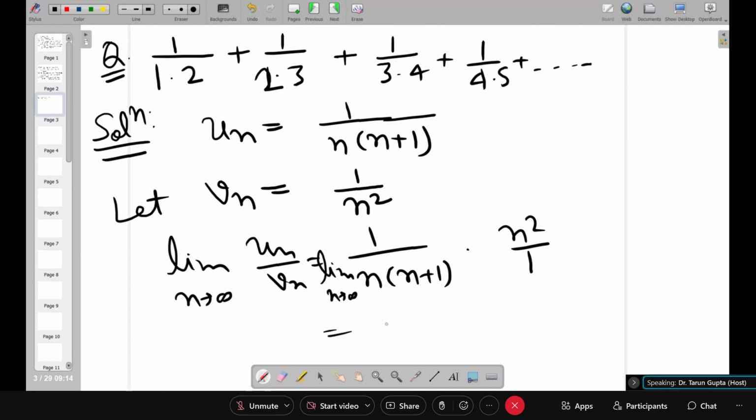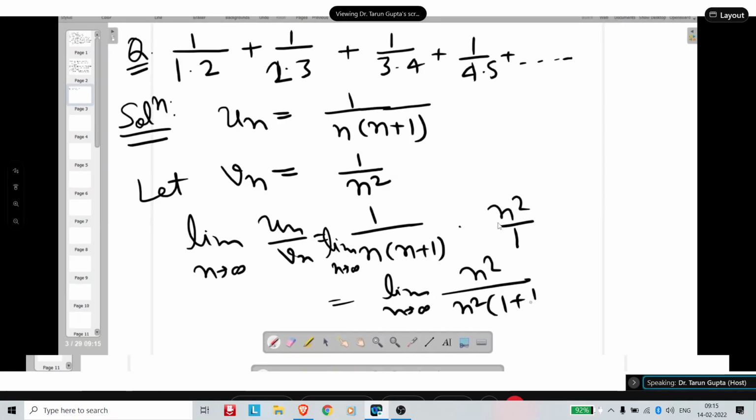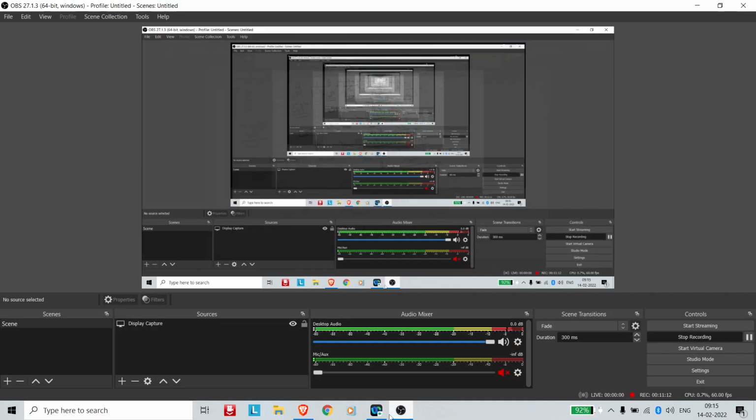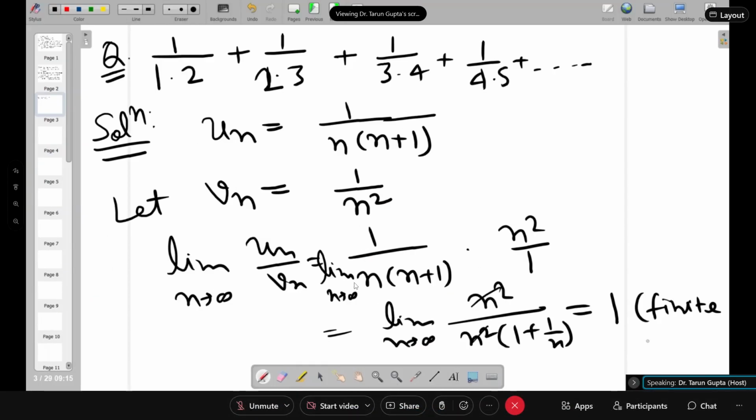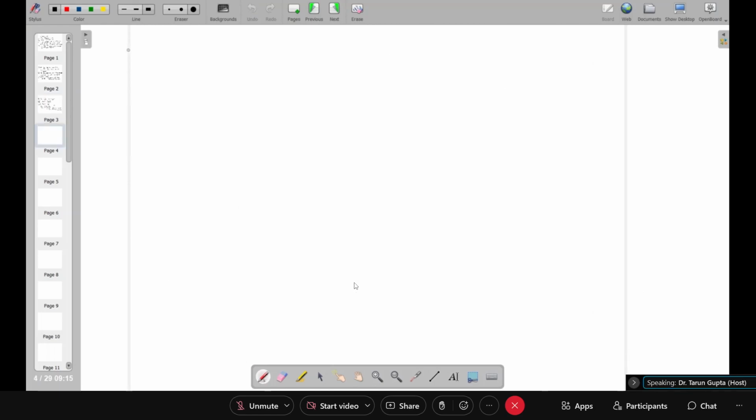So limit n tending to infinity n square upon n, you can take common, so n square cancels out. When you put the limit you will get 1, which is a finite and non-zero quantity. Okay, so by limit comparison test,